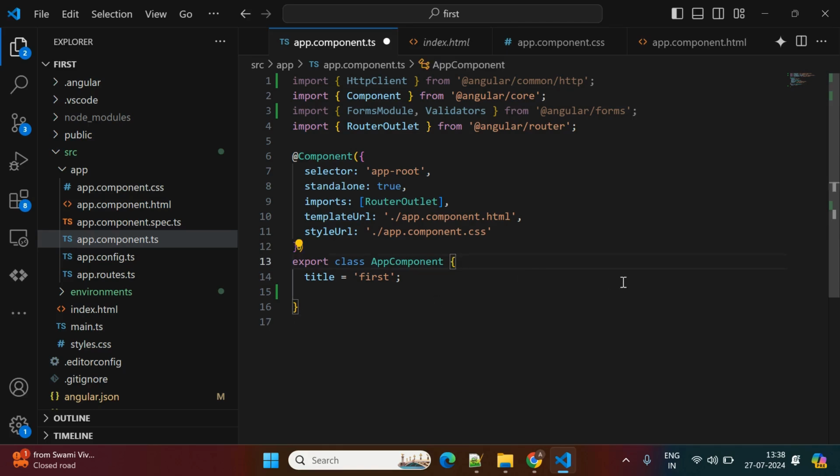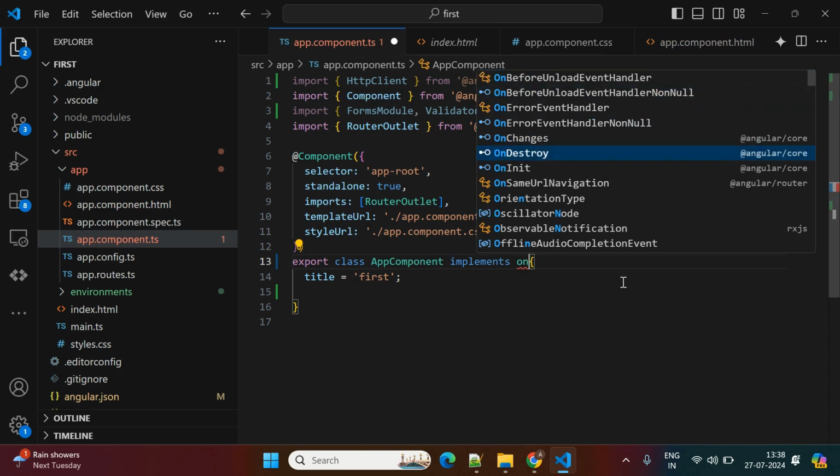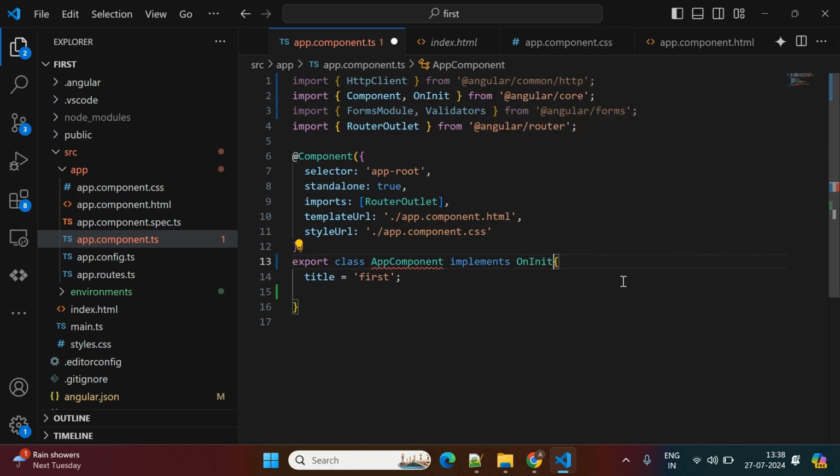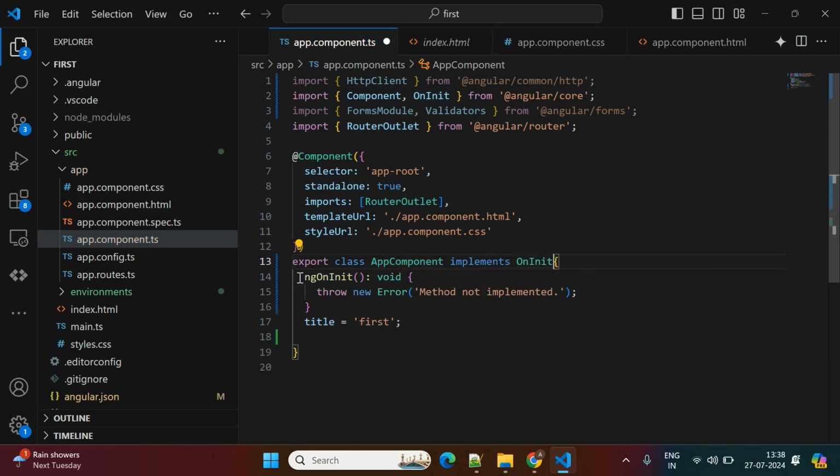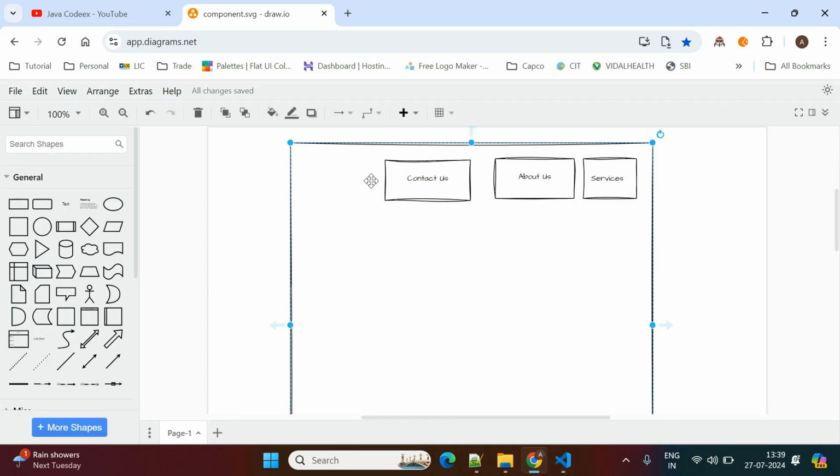And apart from this, this component will have some lifecycle methods also. How to use those lifecycle methods? You can just use the implements, and if you see, there is OnInit, OnDestroy, OnChanges. So these are all the lifecycle methods. If you are using OnInit, if you see, it is asking to override one method, that method called ngOnInit. So this method will execute whenever clicking on any tab, because right now it is there in the app component. So the app component will load at the time of launching this application, but usually this ngOnInit, if you are defining this ngOnInit in the component,